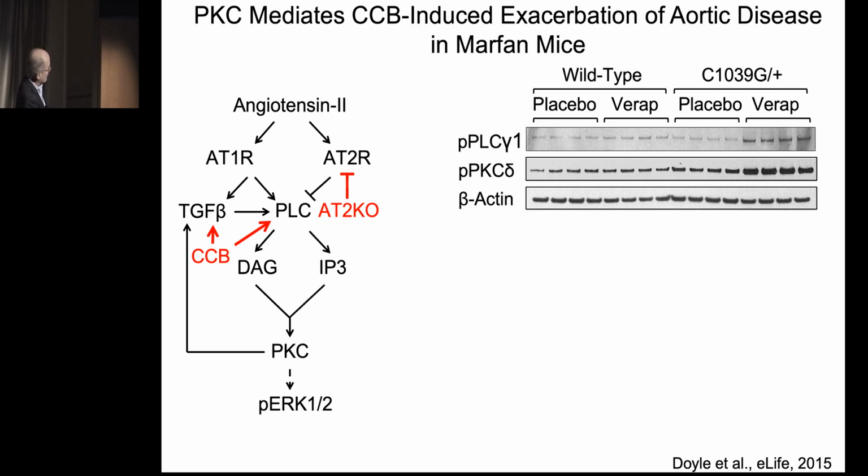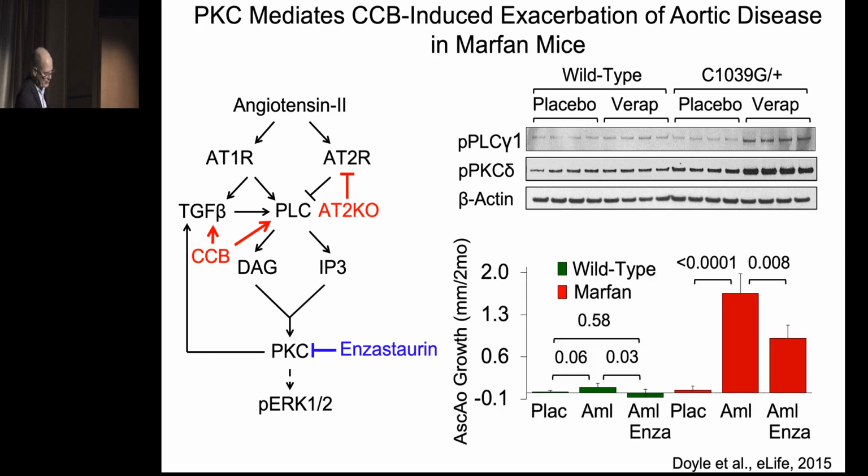In keeping with this model, we do see excessive phospholipase C activation in Marfan mice treated with calcium channel blockers. And also, informatively, the PKC inhibitor enzastaurin is able to achieve a significant reduction in aortic root growth rate in